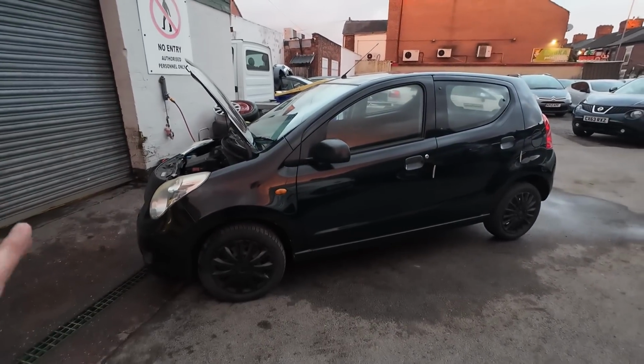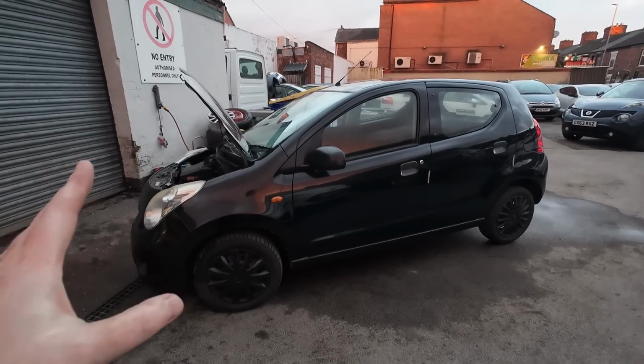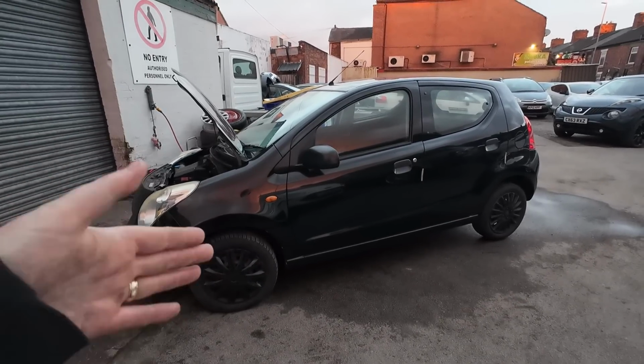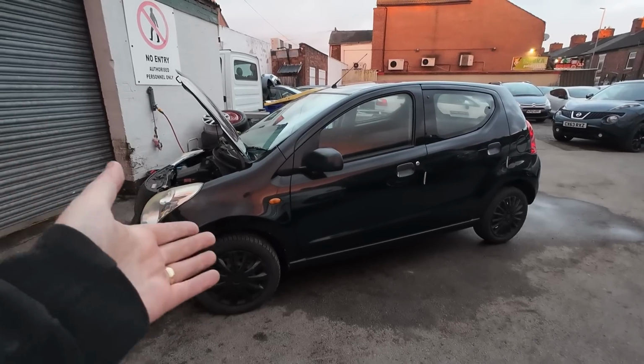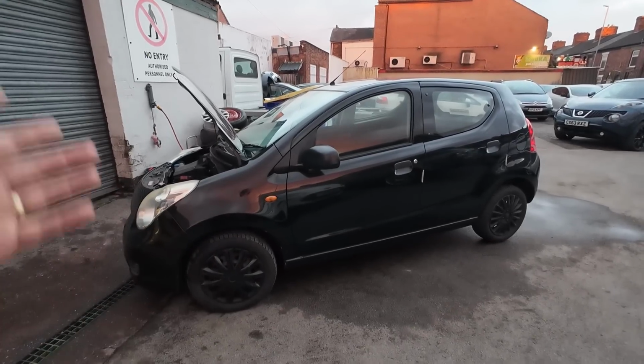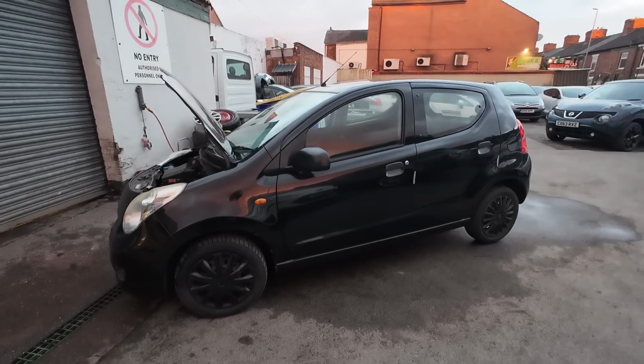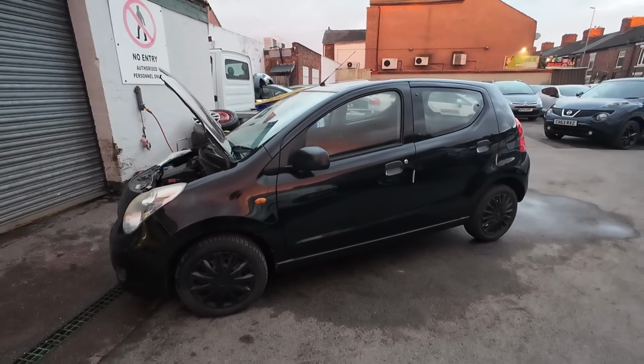I know you probably can't see it now. Hold your judgment until I've got it all done, and you'll see it'll turn into a nice little cheap car that someone can get a few more years out of. And again, that'll be what, 20 quid tax, and it'll probably do another 30-40,000 miles easy, just cheap running around for someone. See, it's little old cars like that, that's the reason why I love this game, taking something like that, that otherwise probably would have been disposed of, and giving it a new lease of life